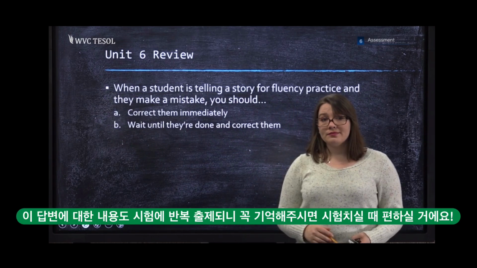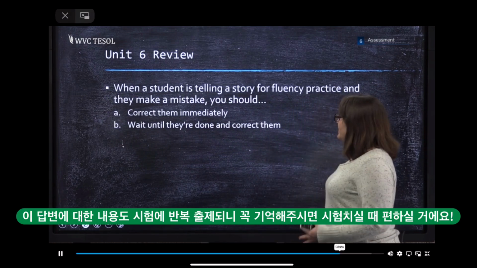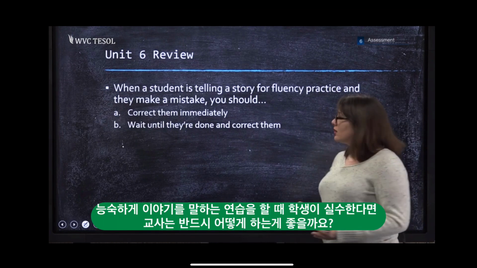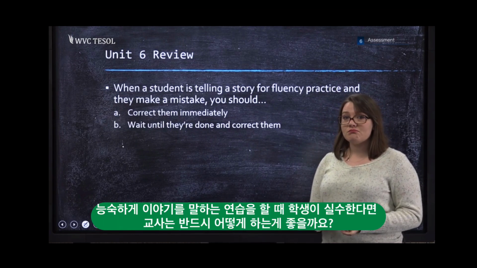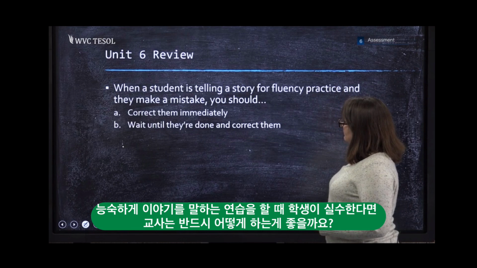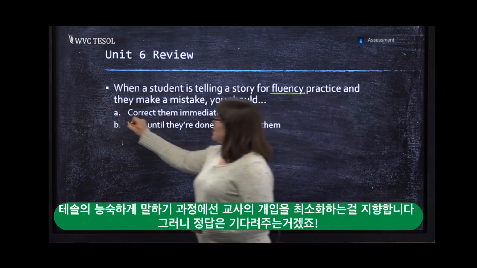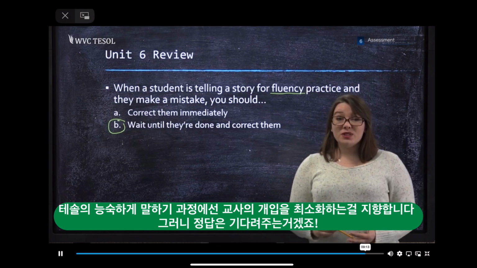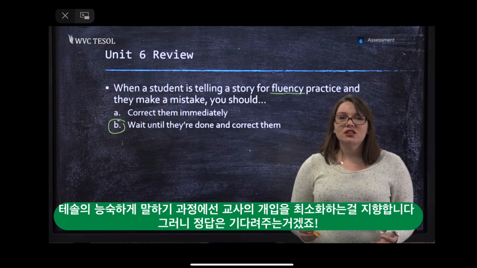It's a formative. When a student is telling a story for fluency practice and they make a mistake, you should correct them immediately or wait until they're done and correct them. What do you think? Practice is to wait until they're done and then correct them. And do it gently. Don't say, yeah, that was great, but you got that wrong. Because then your student's going to be like,